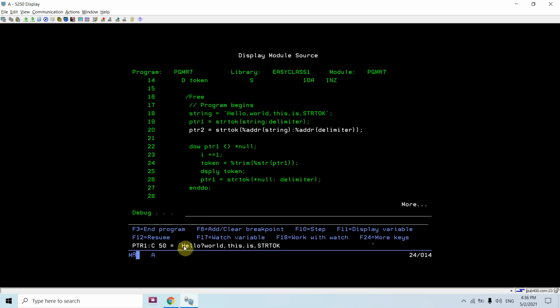So you can see that this function has replaced that comma with the null. So this is null. How am I saying that this is null? Let me show you.